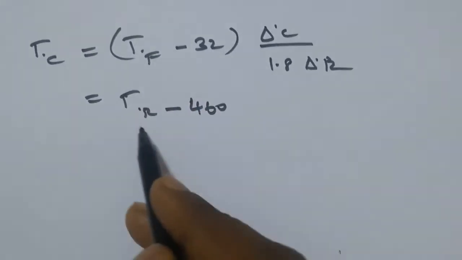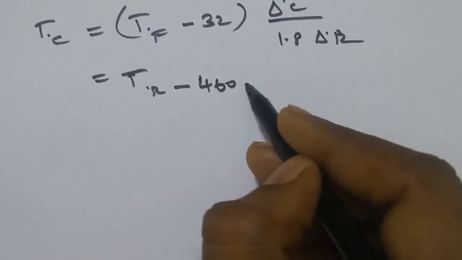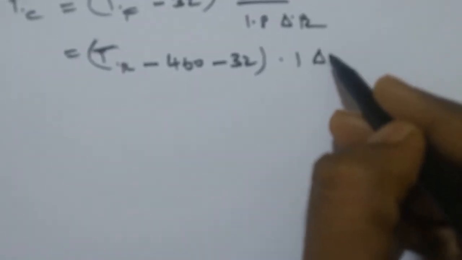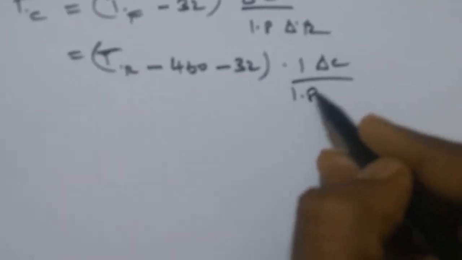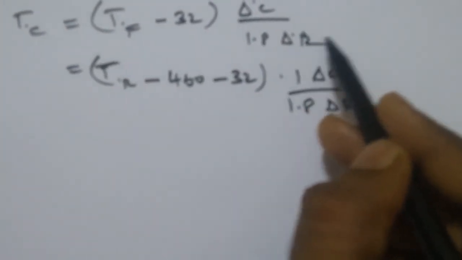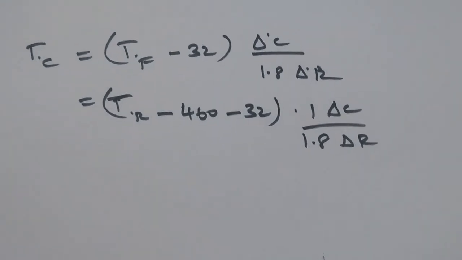Instead of TF we can write TR minus 460 minus 32 into this 1 delta C by 1.8 delta R. Actually it is delta C by delta F. We have seen that delta F is equivalent to delta R. So that way